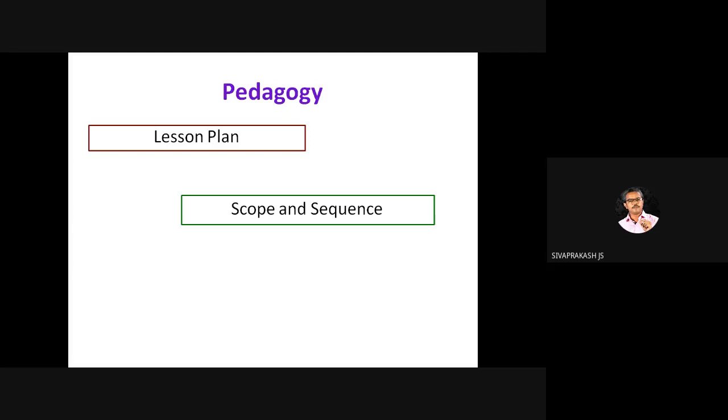Why do we call it a model? Because that school will not ring a bell. At 8:45 the prayer starts, at 9 o'clock class starts, but there is no bell. Did you find any school without ringing a bell? Because we feel ringing a bell will demoralize the self-regulation of the student. So no bell, but exactly it happens. Every class will have a different atmosphere. That's where I said circle atmosphere.